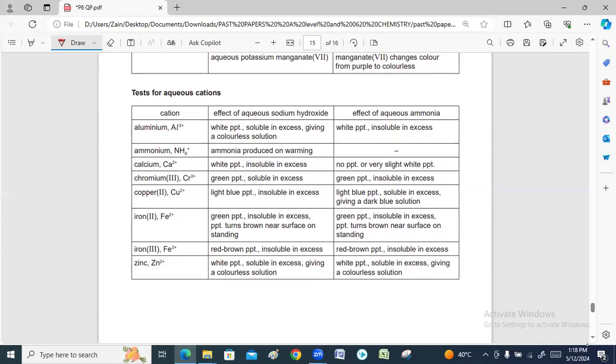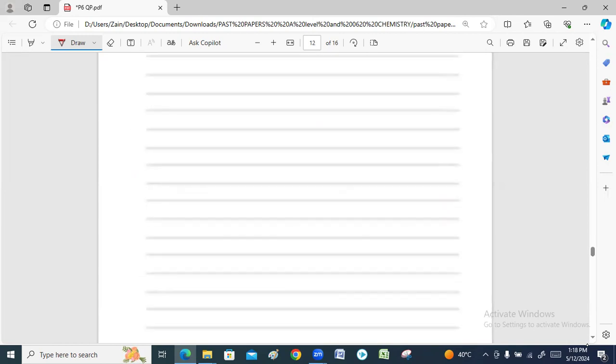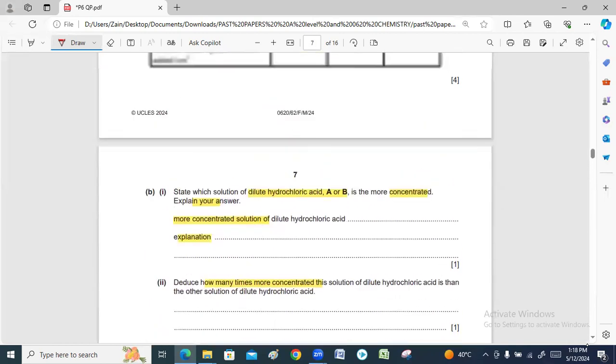To test the presence of calcium ion, aqueous sodium hydroxide is used, and a white precipitate forms, insoluble in excess. This information is already in the paper, so you can use the last 3 pages for the tests for cations, anions, and gases. So the answer is to use aqueous solution of